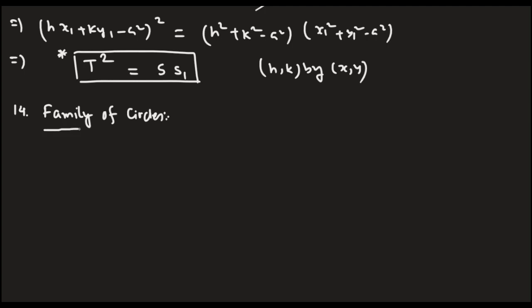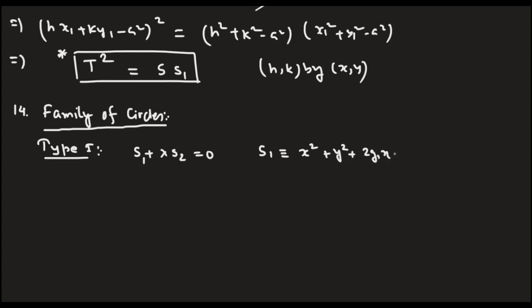So this may happen, we can categorize into the four types. So type number 1, type 1. Now the equation of the family of the circle passing through the point of intersection of two circles is S1 plus lambda times S2 equal to 0, where S1 is the equation of the circle x square plus y square plus 2g1x plus 2f1y plus c1 is equal to 0. S2 is the equation of the circle